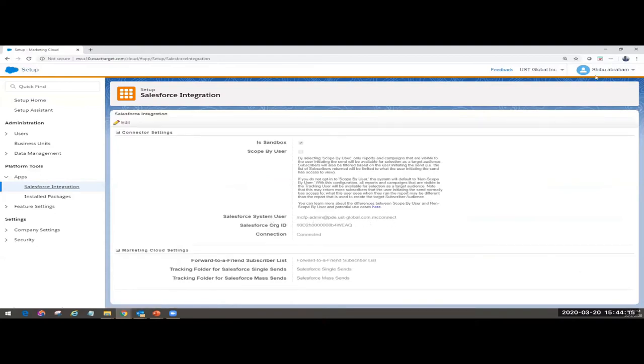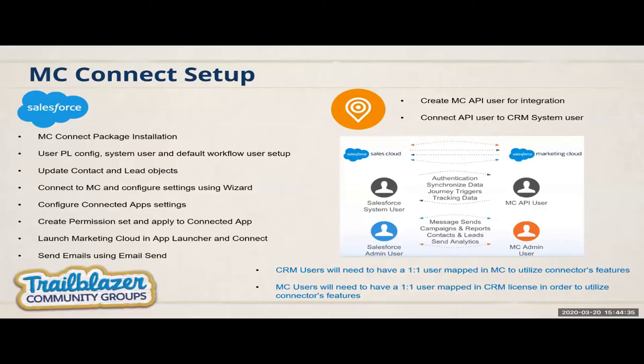Okay, but then if I go and have other systems, the users that are connecting, if I go to my own user profile, I will see that it is connected to another user on the, what do you call, on the CRM side. So for every user that is expecting to connect with Salesforce, you need to have a one-to-one mapping. I need to have another user with my credentials or similar to who I am going to be mapped to on the CRM side. So if I have a user in Marketing Cloud called Shibu Abraham, in Sales Cloud also, I will expect to have a Shibu Abraham user login, and then I will say that is the user I need to connect with,